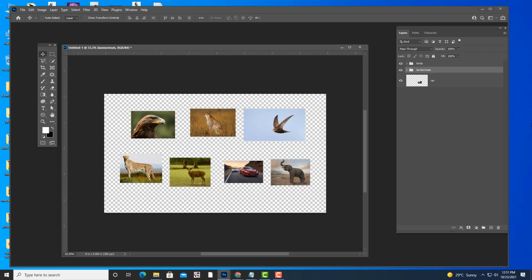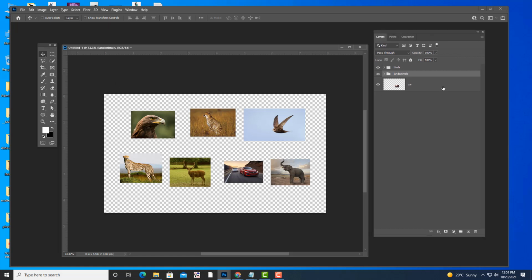So for all the text content you will be creating one group, for all images you will be creating one group, for all backgrounds you will be creating one group, for all designs you will be creating another group. Like that you will be organizing your layer stack properly. So that is very important.